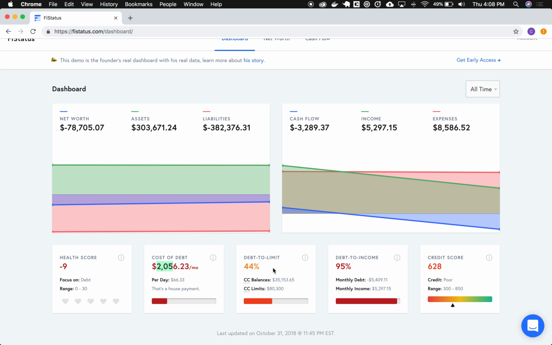There's also debt to limit. This here is, so 44% of my available credit is basically occupied, and this is not necessarily so true to be the case per individual, and I'll talk a little more about that as we go over liabilities. Essentially, I have $35,000 in credit card debt, and my limit is $80,000. This doesn't look so bad, but it's actually a lot worse when you compare the individuals.